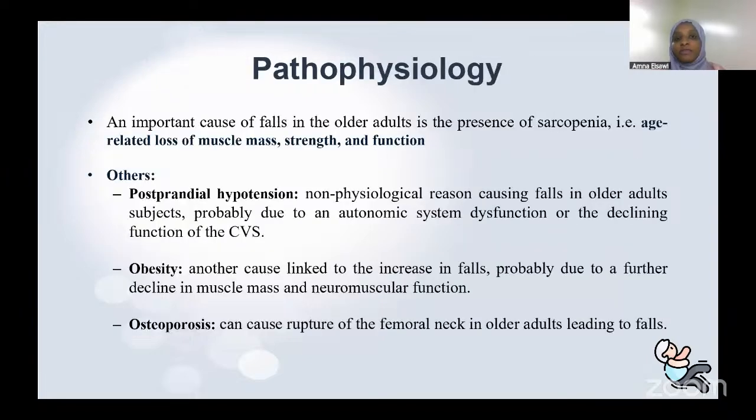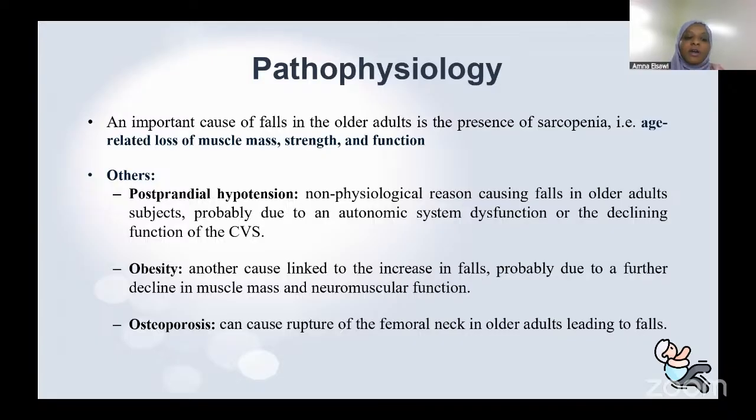Now moving on to the pathophysiology. In this section, we'll discuss multiple different pathophysiologies that contribute to falling. An important cause of falls in older adults is what's known as sarcopenia. Sarco meaning muscle, penia meaning a deficiency or decrease in muscle mass, which is age-related loss of muscle mass, strength, and function. I'll talk in detail about sarcopenia in the coming slide, but now I'd like to talk briefly about the other